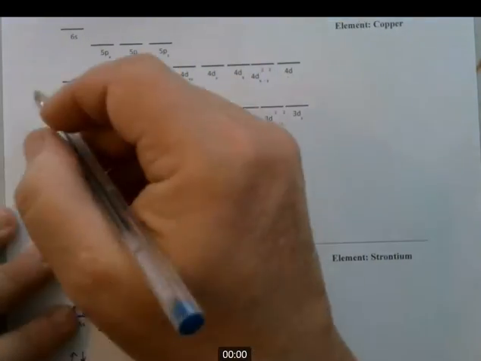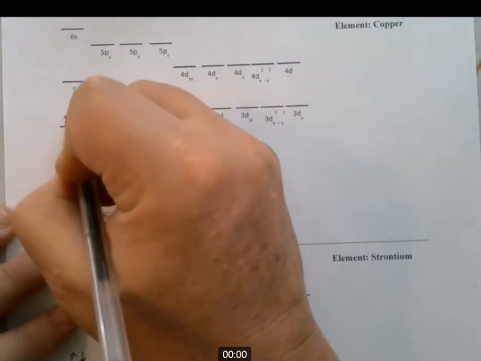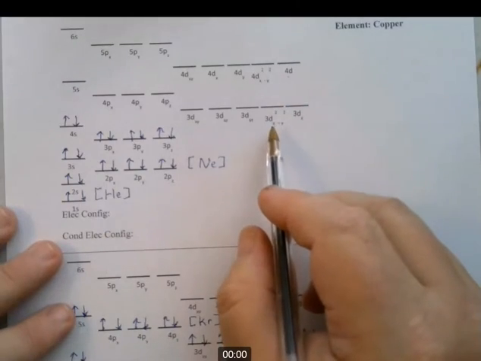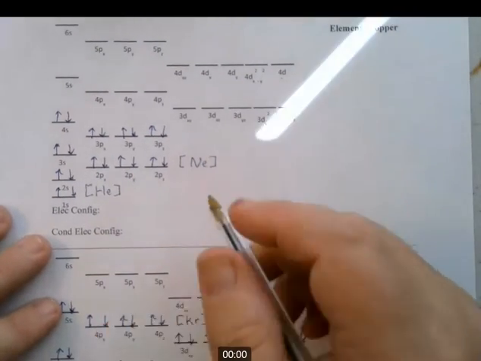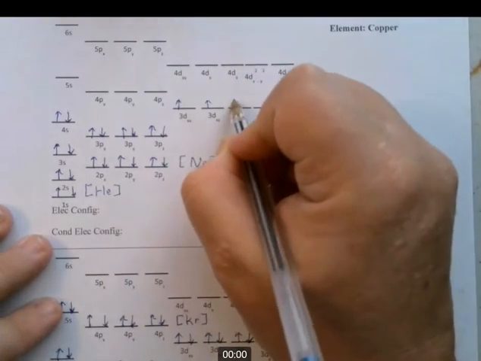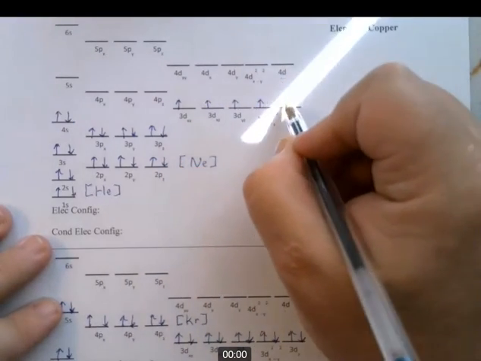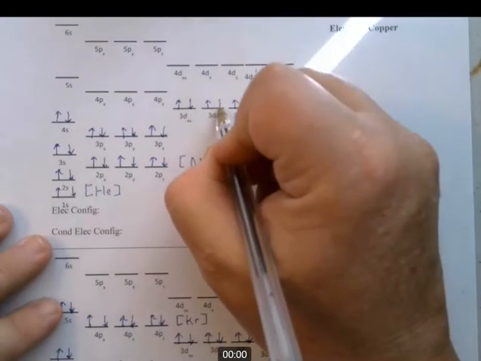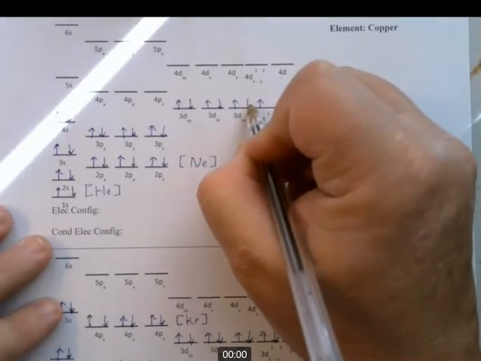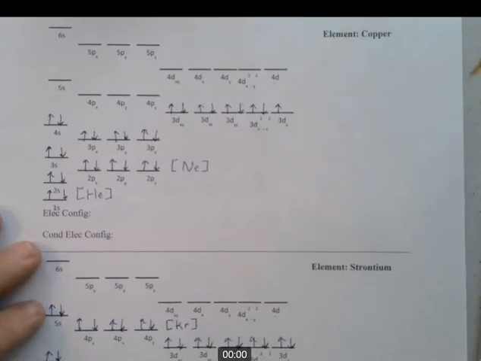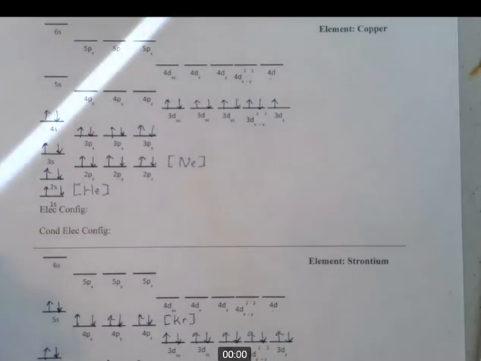Alright, next is 4s down here now. So that's going to be up and down. You got to fill in that one first before you go to the d. And now here we are where copper is going to be found. It's in the 3d orbital. So we're going to do up arrow, up arrow, up arrow, up arrow, up arrow, and then down, down, down, and down. Now that would seem that that's the correct configuration for copper, but there's a rule that says